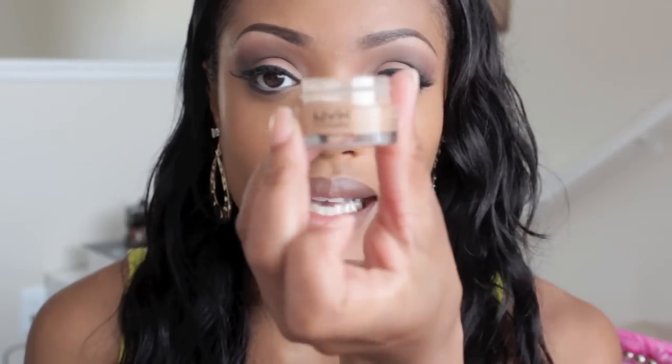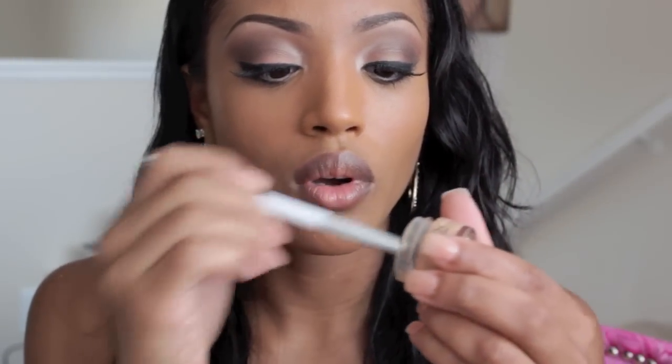So I'm going to use number 6 in the NYX concealer, and this color is called Glow. And I'm going to use my Sonia Kashuk blending brush, and I use this to add concealer underneath my eye just so it helps blend it and give it a more airbrush look. So I'm just going to take a little on my brush. I'm going to apply it onto the areas that I feel needs to be highlighted. So underneath the eye,